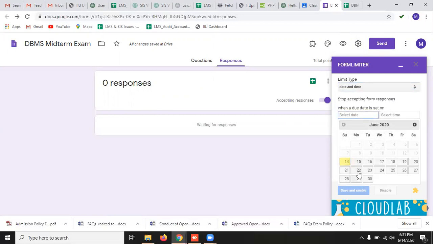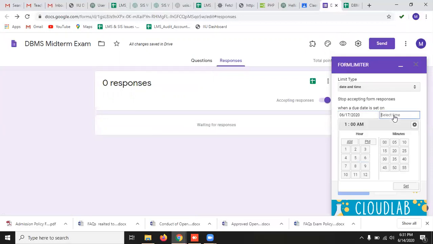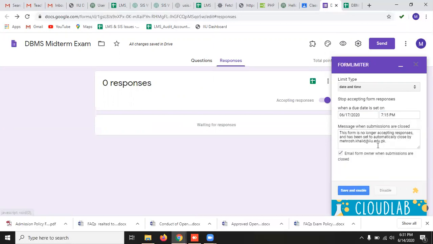For example, I said that my midterm exam will be on 17th June. I will select the due date as 17th June and the time as 7:15 p.m., and I will click on this set button.